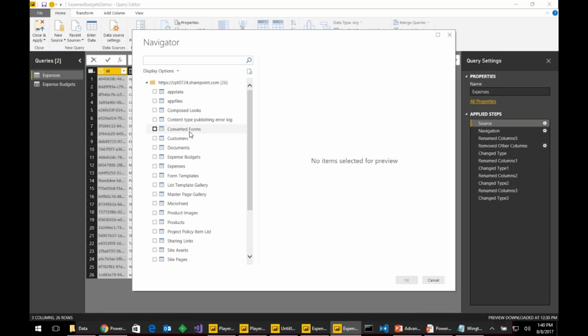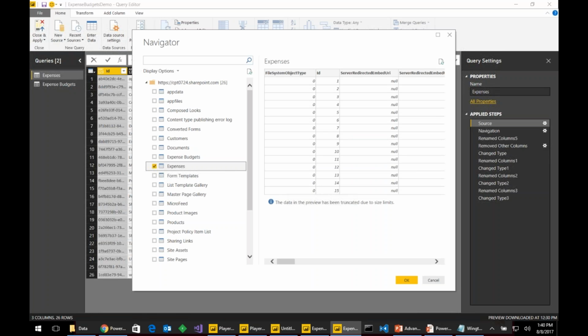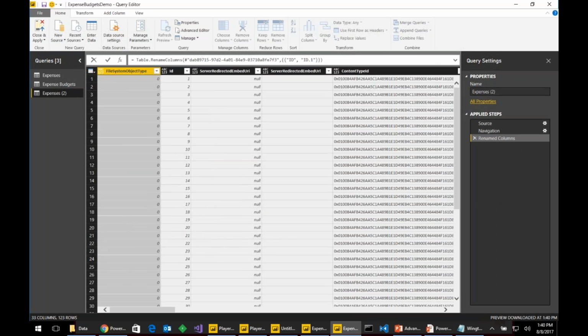Now, one pain with SharePoint is that Power BI Desktop doesn't really understand the hidden list attribute, so it shows you all these behind the scenes lists. Now, I'm going to pick expenses, and when I do that and I go ahead and choose OK, it also is going to automatically include every